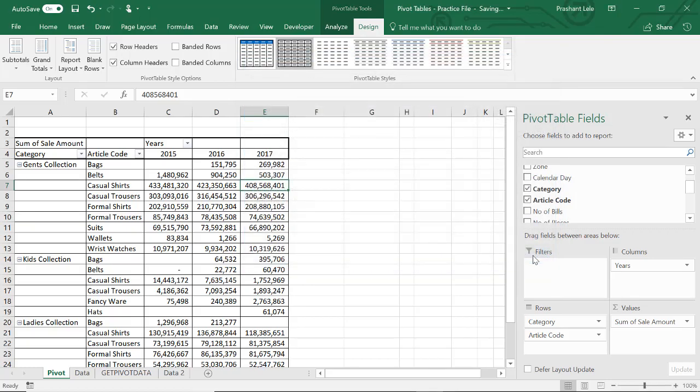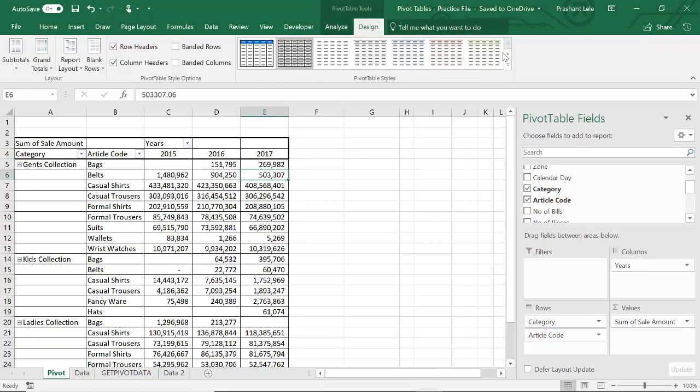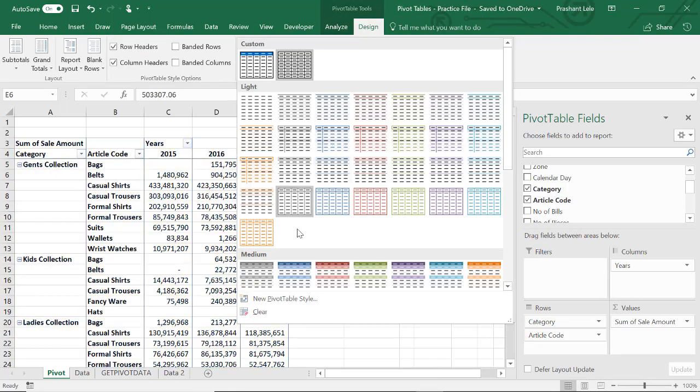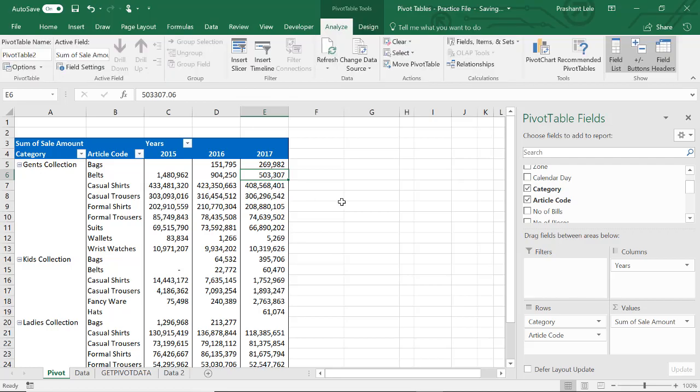So again you can modify your custom style. This is how you can format your pivot table as per your liking and requirement. I am just selecting this style as of now. After this, you have the option of naming your pivot table. As we saw in case of slicers, if your pivot tables are named in a logical manner, you can easily connect them to various slicers, or you can easily connect multiple pivot tables to your slicers.